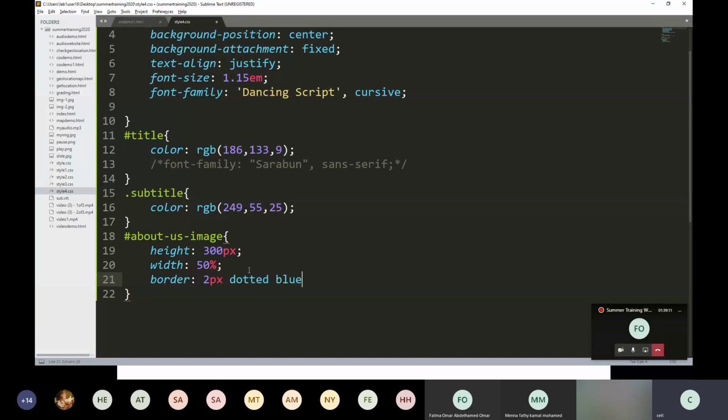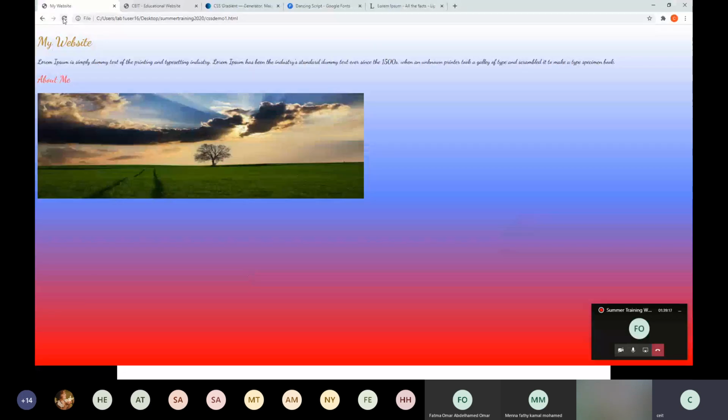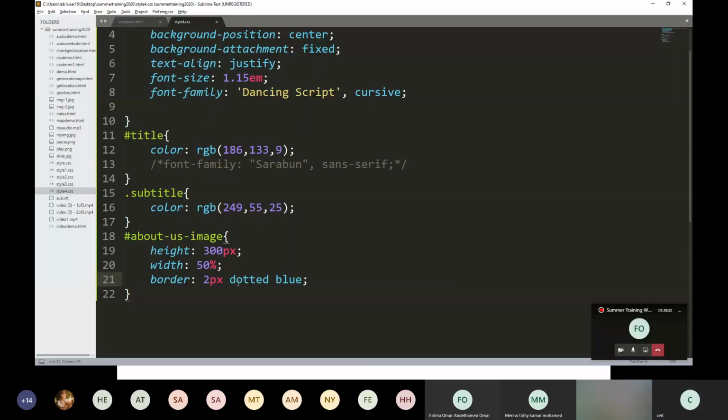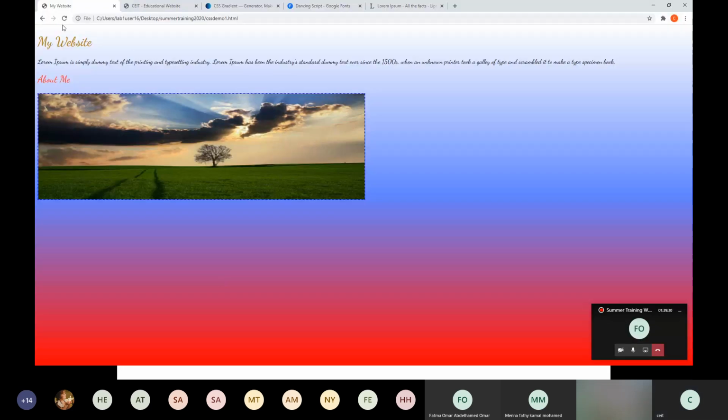You can either write direct color or you can use the RGBA. First I will show you this color. But it does not look good in the solid. And here you can use the 4 pixel. Okay, you get a border.